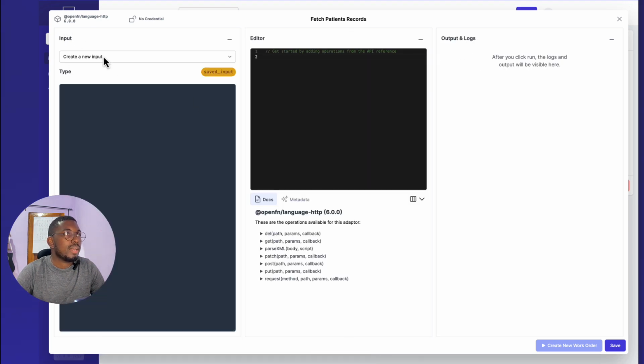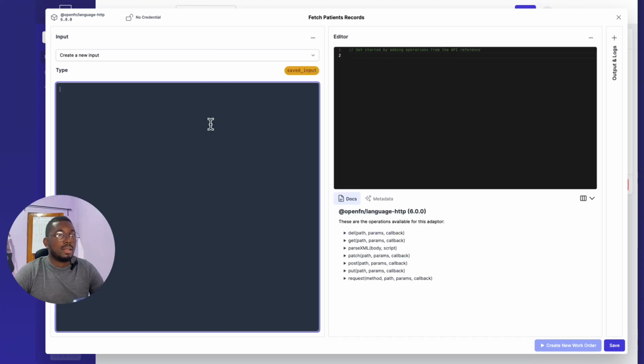Let me walk you through what the input panel is. So the input panel, that's where you'll be able to create your starting input that will be utilized by your step when it runs. To create a new input, you simply have to select in the drop-down, create a new input. And in this black box, you create a JSON input that acts as your initial input when this run